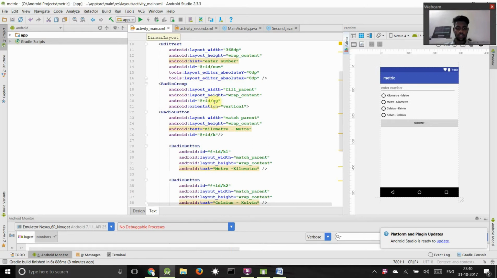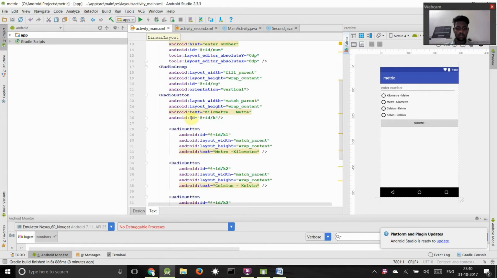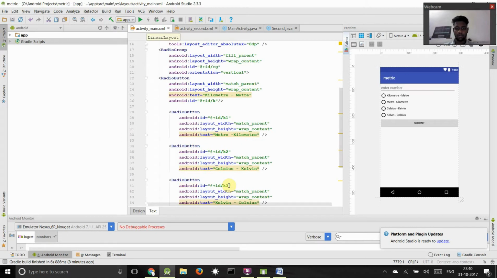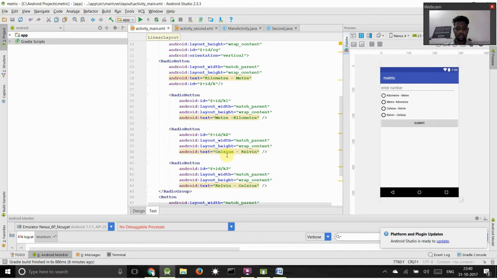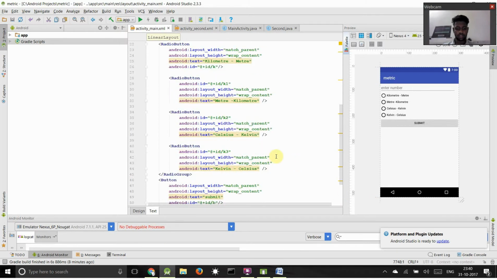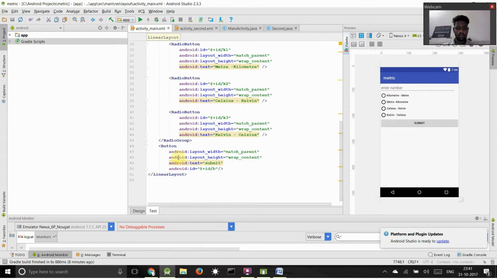which has the ID as RG, and it has four radio buttons which are kilometer to meter, meter to kilometer, Celsius to Kelvin, and Kelvin to Celsius. And the radio group has been closed. All these four radio buttons are inside one radio group, so that any one of the buttons can be selected. And after that I have a button